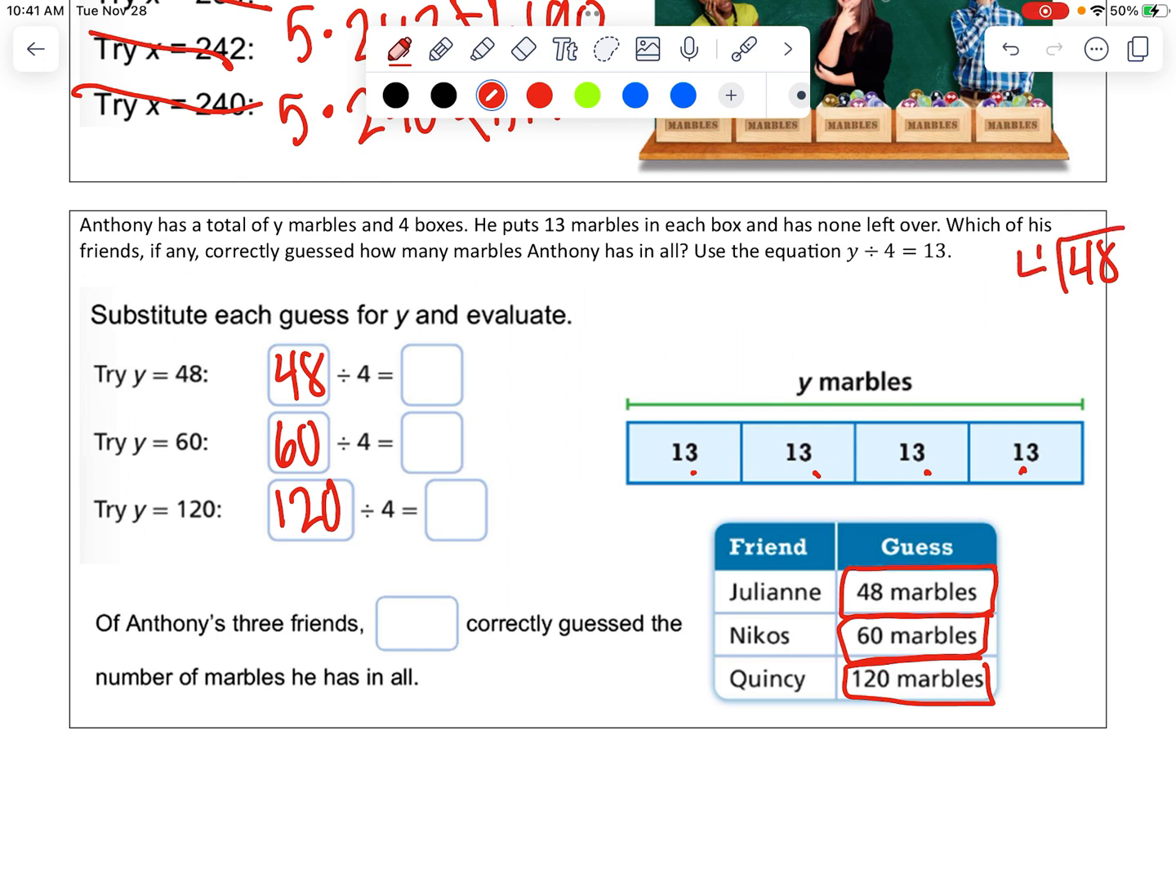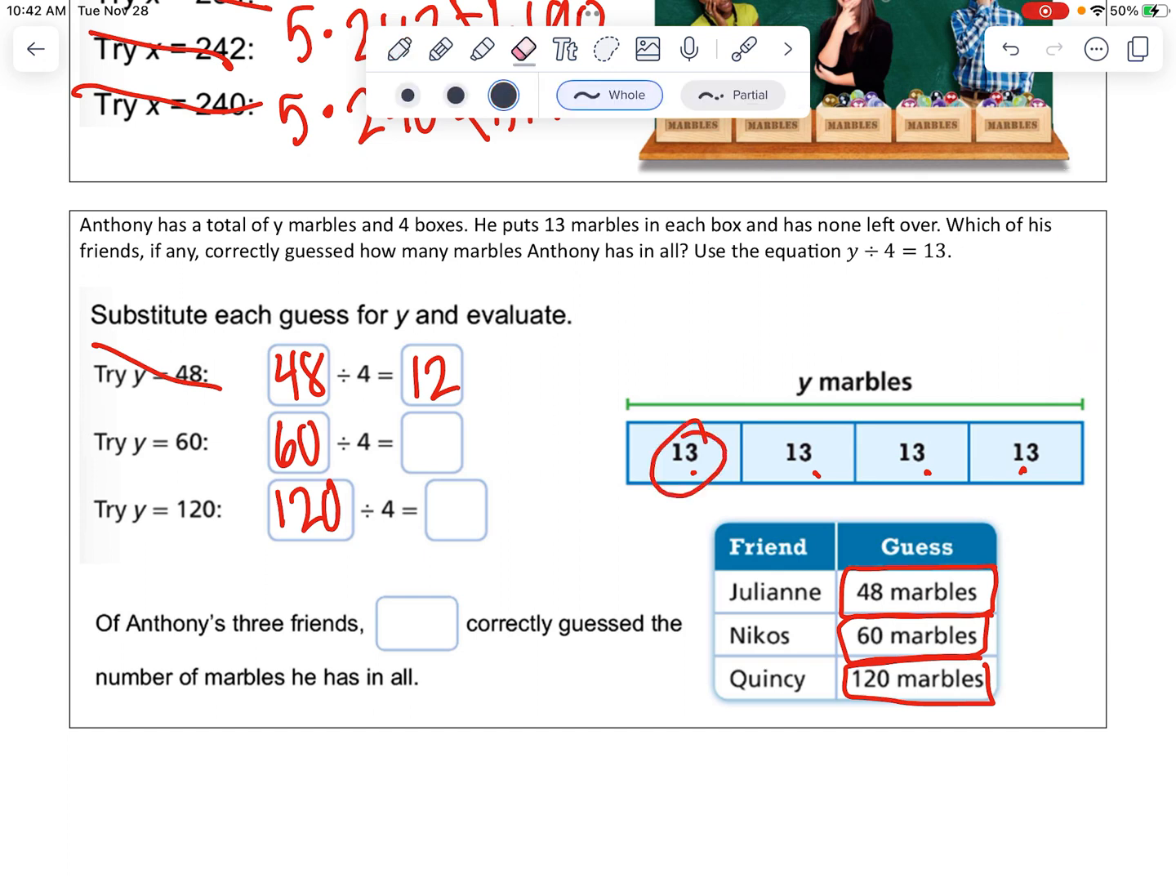So 48 divided by 4. 4 goes into 4 one time. 1 times 4 is 4. We subtract those and bring down our 8. 4 goes into 8 2 times. So that means 48 divided by 4 is 12. So that means that it can't be 48 because we're trying to get to 13. So let's try